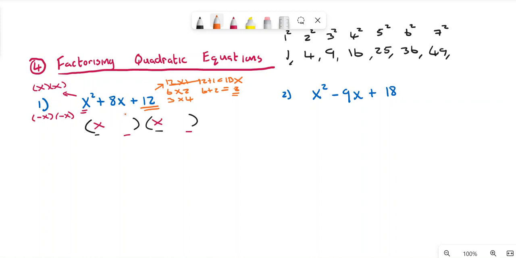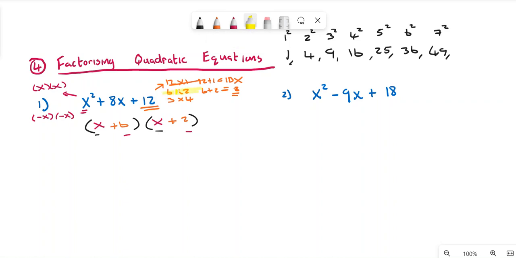So then what we can do is look at the signs. When we multiply them by each other, we want them to give this plus sign here. So we can see that it's going to be plus 6, and then this is going to be plus 2. Okay, so we're using